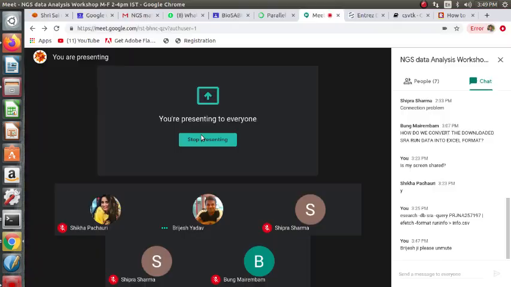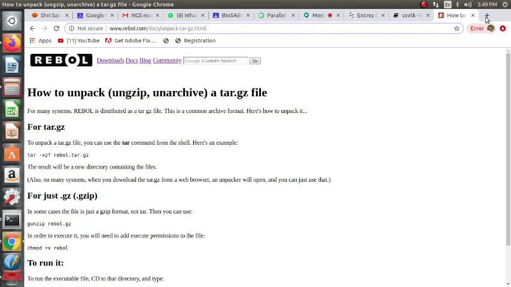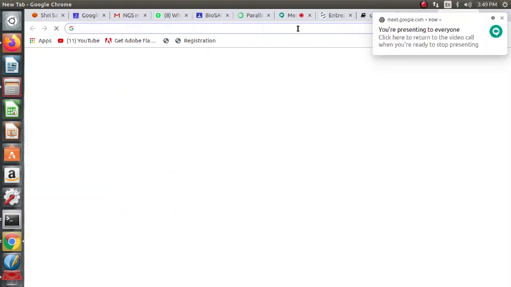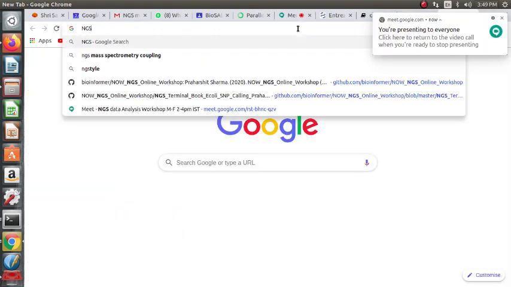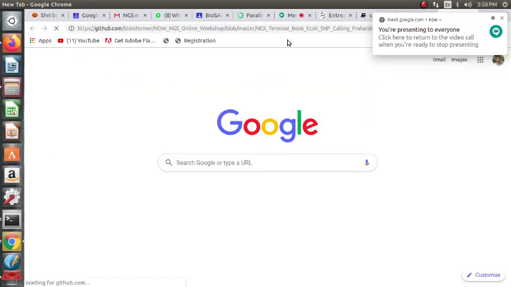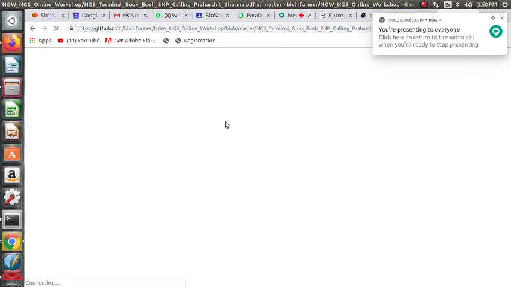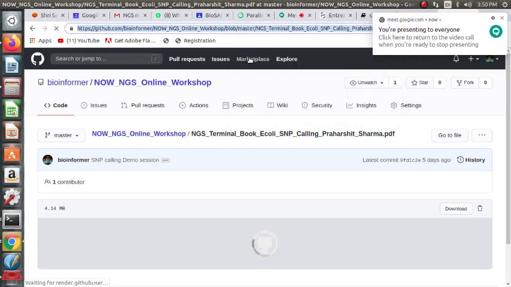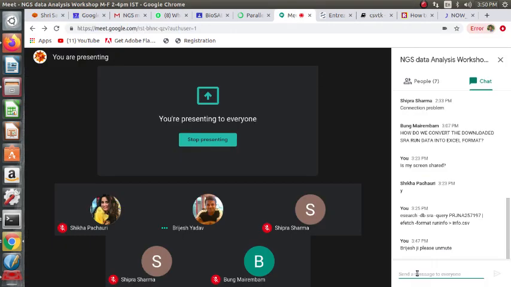Please follow this terminal book exactly, because all of these are tested commands. I'm again mentioning the link to the terminal book PDF.